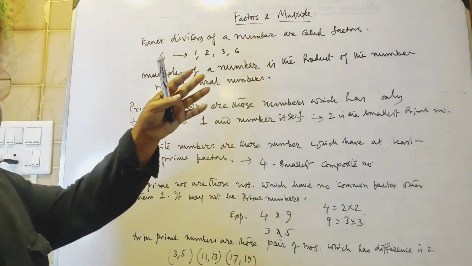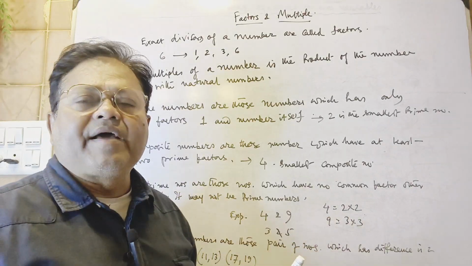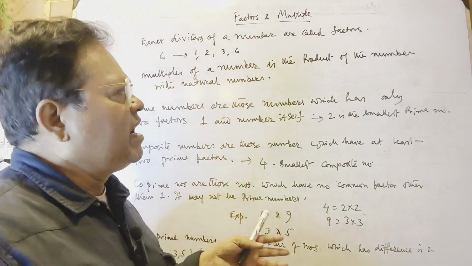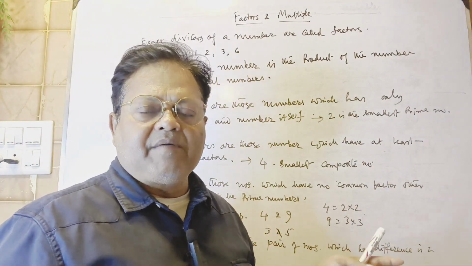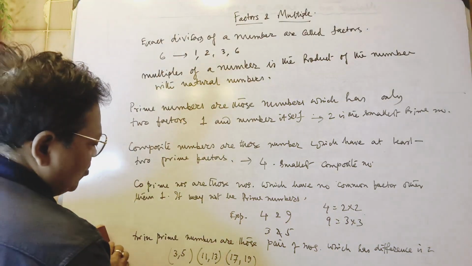These are the things I am talking about here, basic things about factors and multiples. Next time, in the next class, I will discuss the actual sums from the book. Here I am talking about